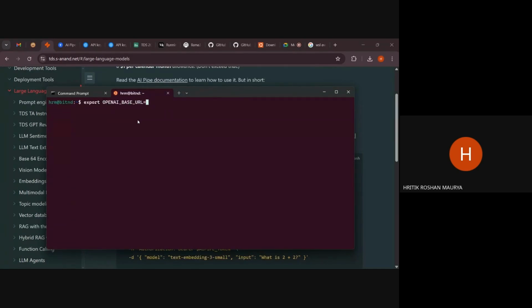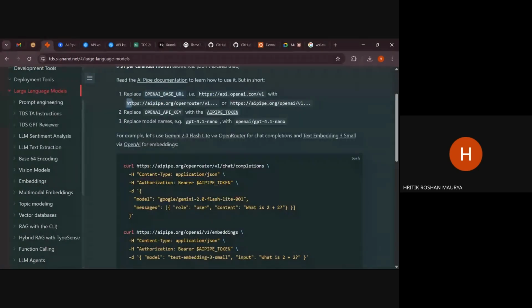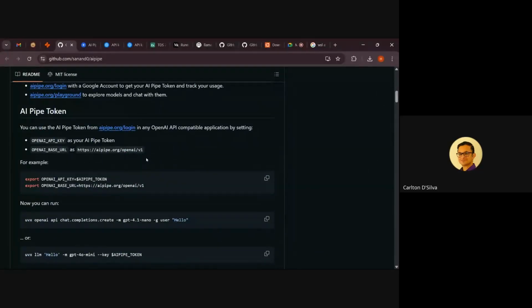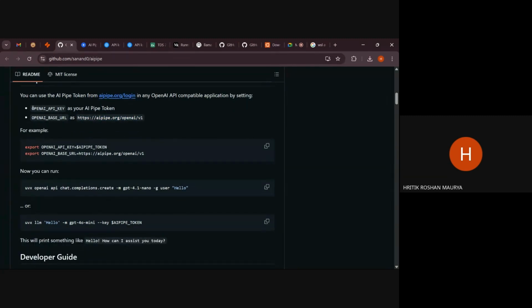Okay. This route I am asking, sir. Will this work? You can use, if you go to the documentation itself, right? AI pipe documentation. There it will give you the link actually. That one. So here it is, the HTTPS base URL. Okay, so there are two variables that we have to set. One is the base URL and one is the API key. Okay, so if I copy this line,